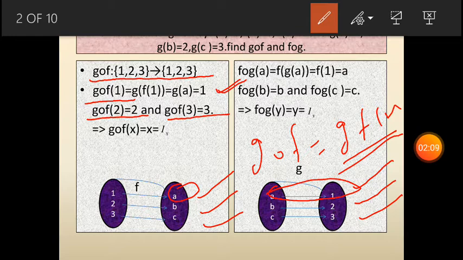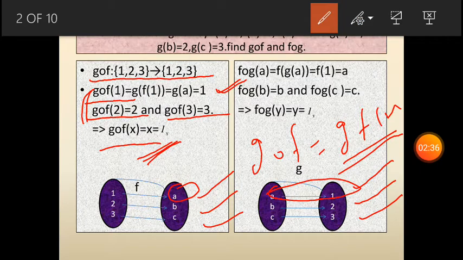On the basis of these results, we can finally conclude that gof(x) is equivalent to x. It means whatever value of x we put in, we get the same value. Such kind of function is called an identity function. So here we can say that our gof is an identity function on x. Similarly,